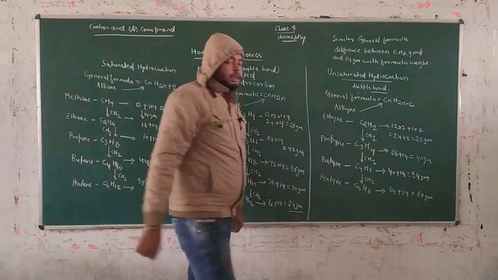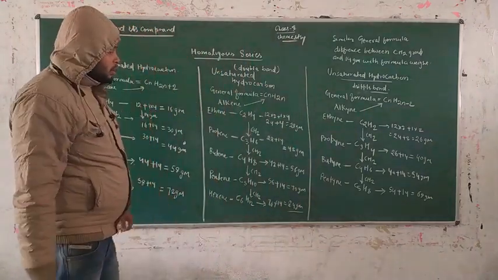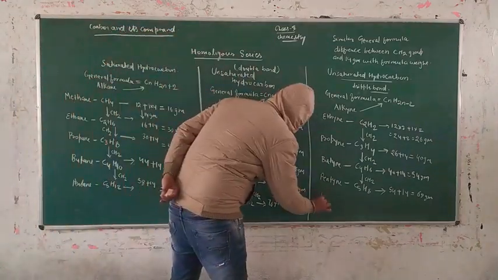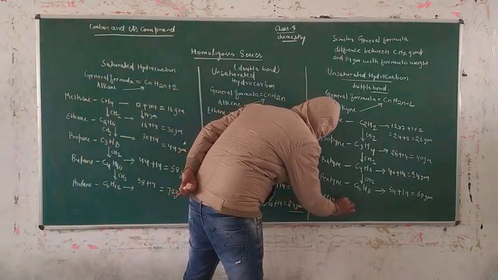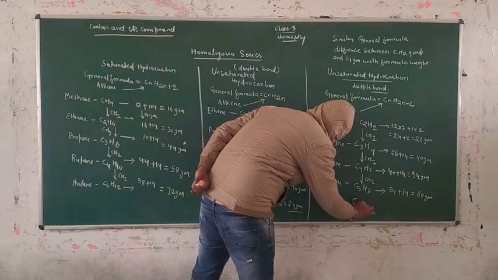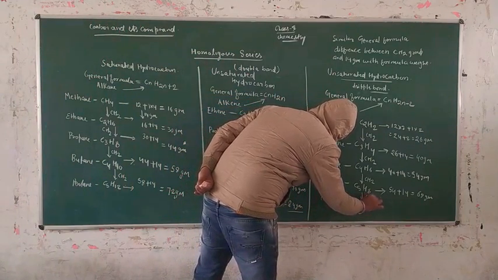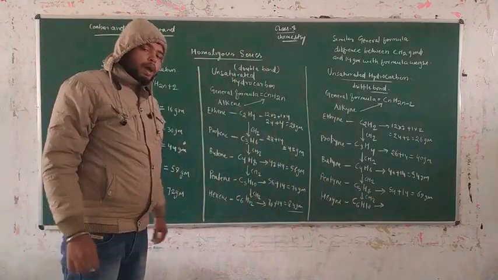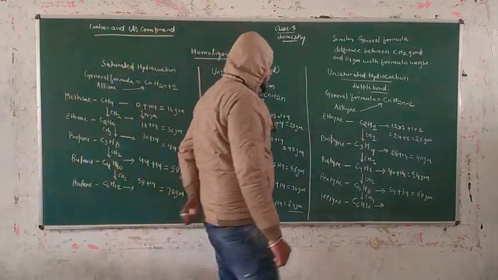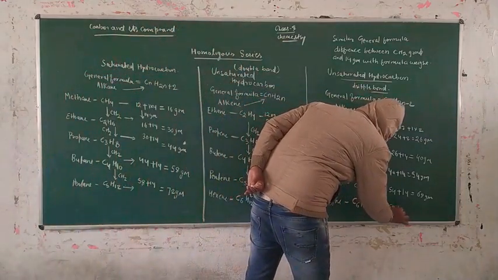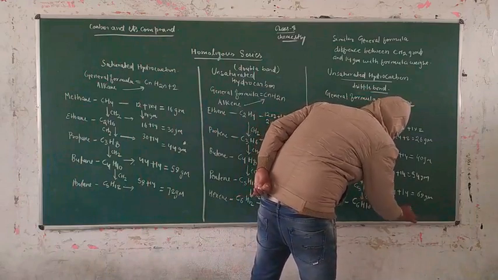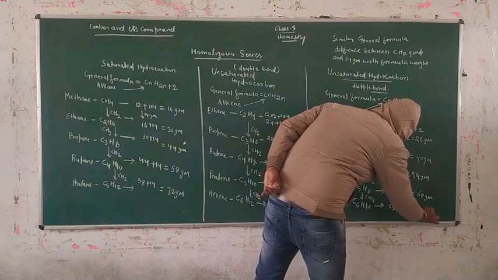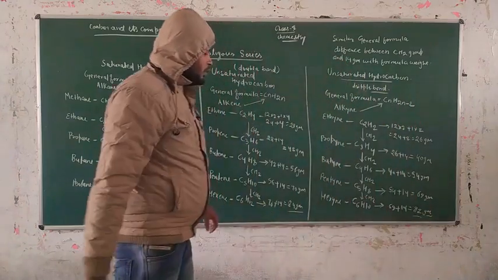In another example, guys, we again use the formation for the alkyne series. That is hexyne. Hexyne is C6H10, with an increase of a CH2 unit. In terms of formula weight, you have to add 14 again, that means 68 plus 14 is equal to 82. 82 grams is the formula weight of hexyne.